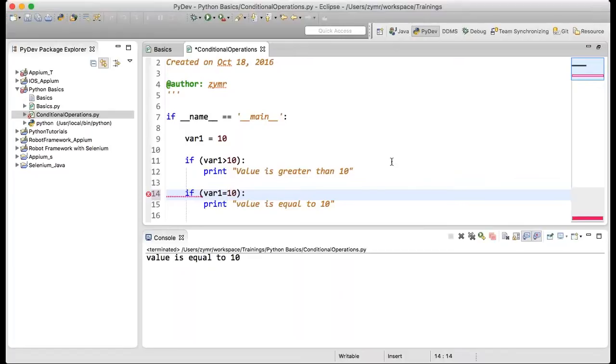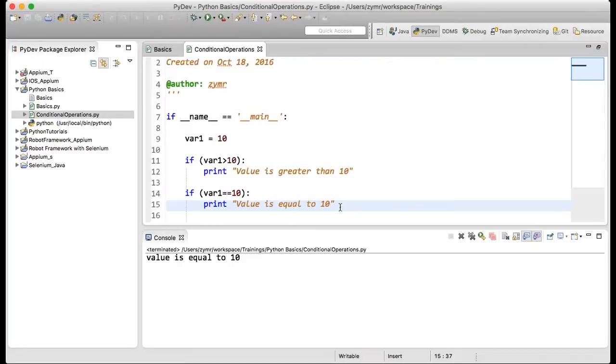Again I repeat, if you have to check whether the two values are equal, then you have to give two equal signs in the if statement. So if var1 is equal to 10, then you print this particular statement.